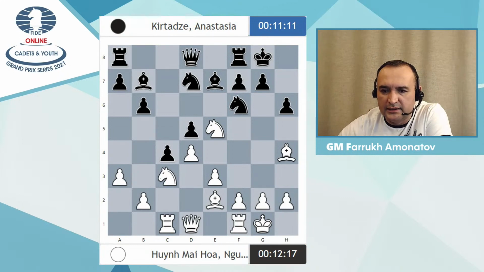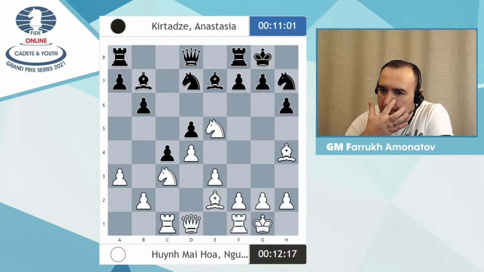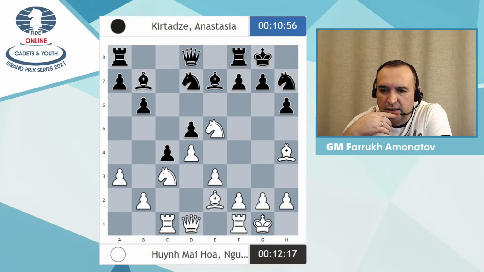Okay, let's wait and see how Anastasia will play at this moment. So her move now, oh, and she made knight h7. No, sorry, knight h7. Okay, I see that you want to trade, Anastasia, you want to trade the dark square bishop, but why knight